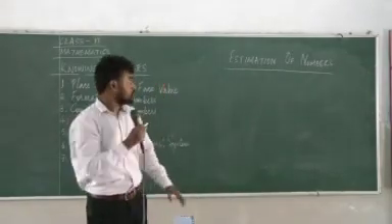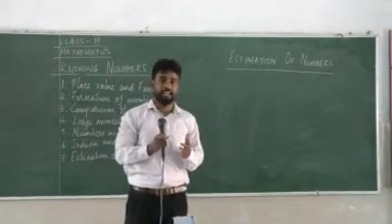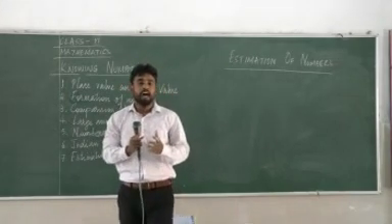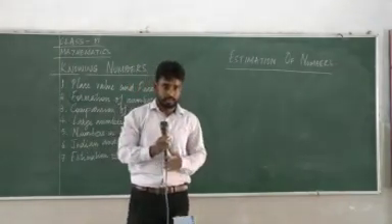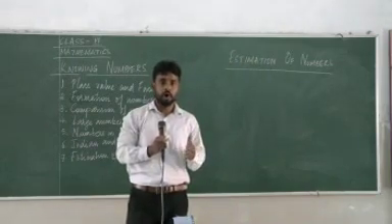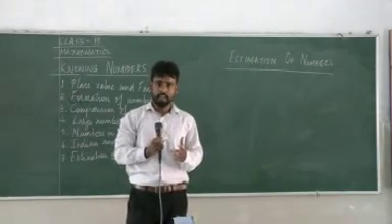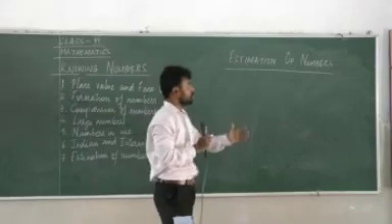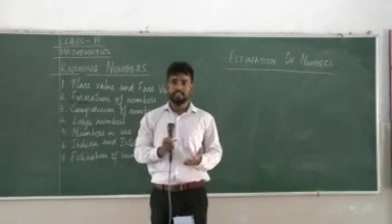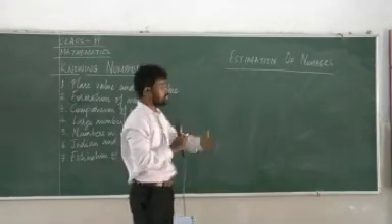Now let us understand estimation of numbers. First of all, let us understand why do we estimate numbers. You know that large values are very difficult to calculate at times. So what we do is, we round it off to the nearest hundreds or thousand to make it easier for calculating. So here in estimation of numbers, we learn how to round off the numbers to the nearest hundreds or tens and then operate on it.